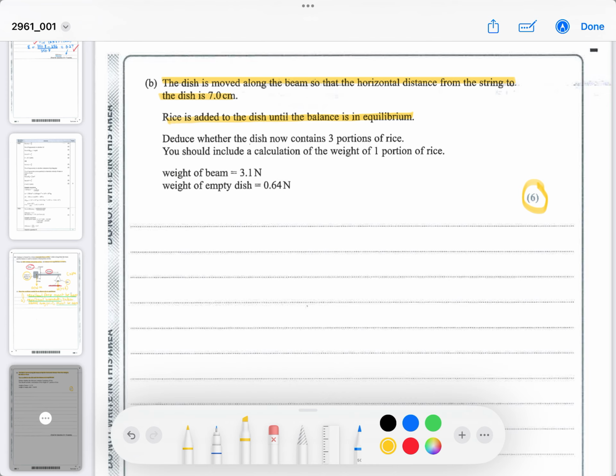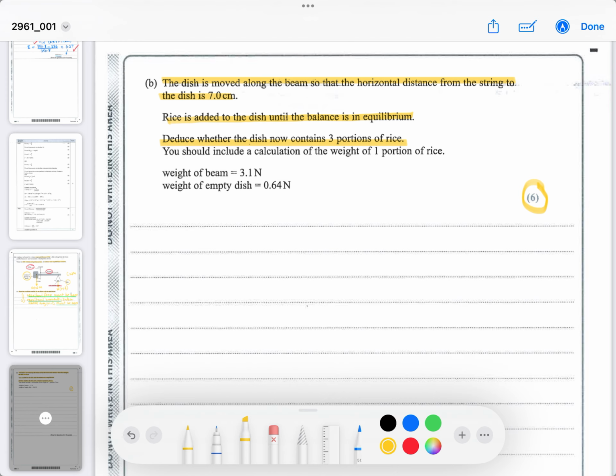Yes, at 7 centimeters. Deduce how much rice there is in terms of portions in the dish. Okay? So, for example, they want you to deduce whether there are 3 portions now. Okay? Because it goes from 25 to 7. Yeah? So the distance is